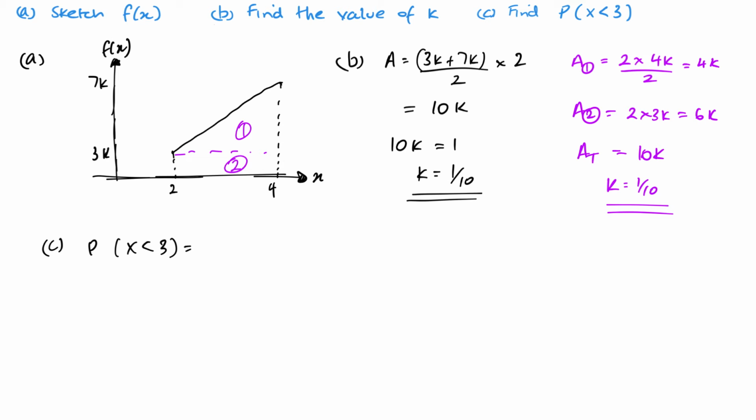So there's 3, less than 3 is between this 3 and 2. So I can find the area between this. We already know what k is in tenths. So we've got a distance. Oh, sorry, let's do the height first. So we've got this height, a plus b. So if I'm looking at that, that's 3/10